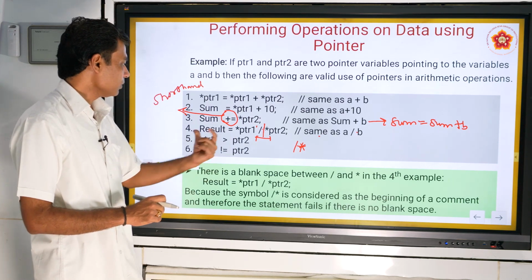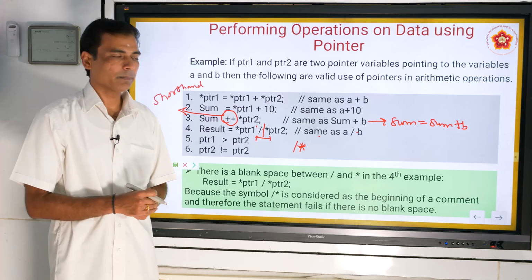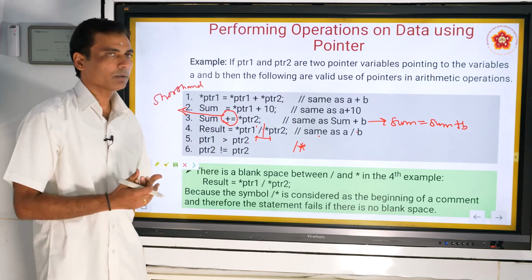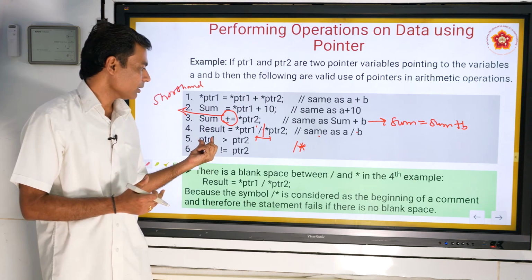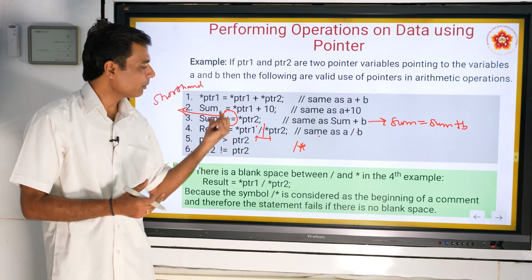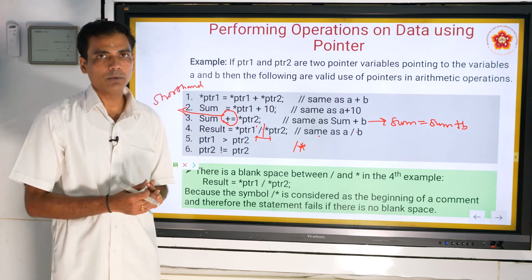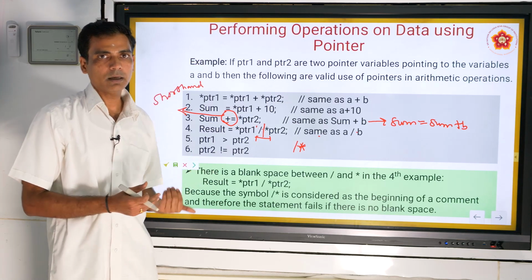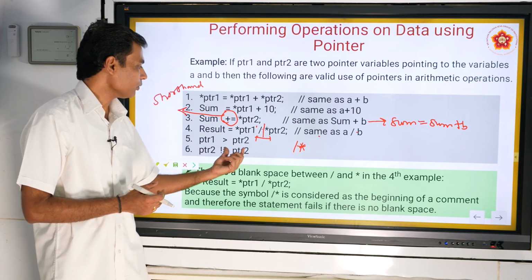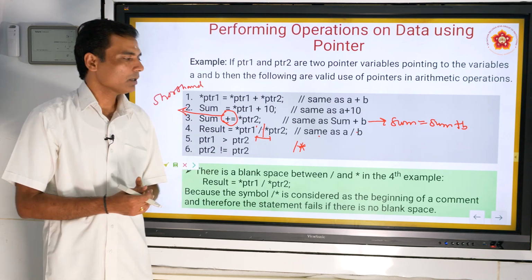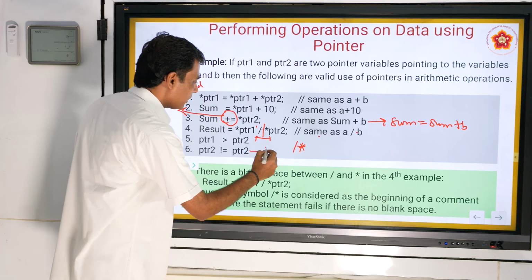Now how will these two expressions be evaluated? ptr1 > ptr2. Here we are just checking whether ptr1 is ahead of ptr2 or behind ptr2. Here we are checking the inequality, ptr2 != ptr2. What outcome will it give?